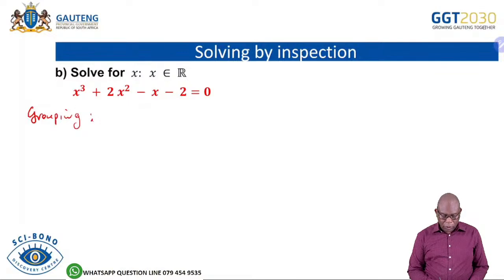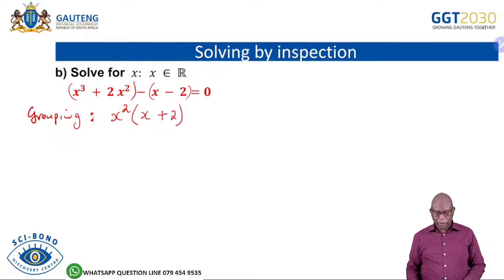method. So in other words, with the grouping, I can take x squared, I group these ones. So I'm going to say x squared into x plus 2. Am I right? x squared times x is x cubed. x squared times 2 is 2x squared. Super. Then from there, I can take out a common factor, but when I take out a common factor, remember I'm taking it with a sign also. So I can take out a common factor and then I'll have